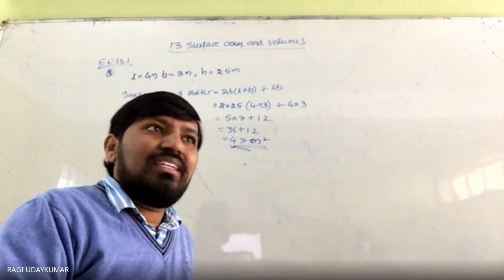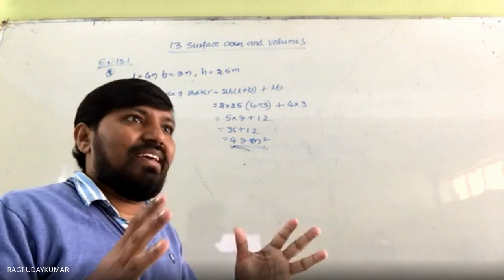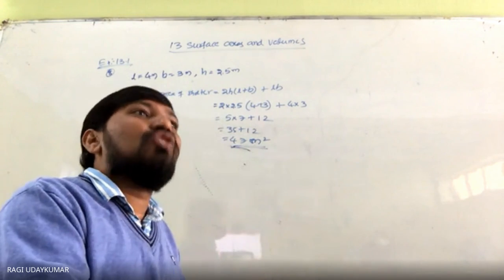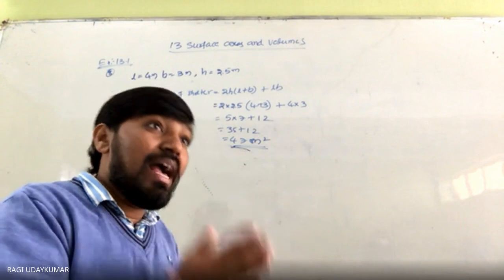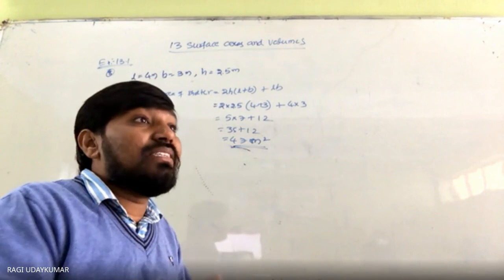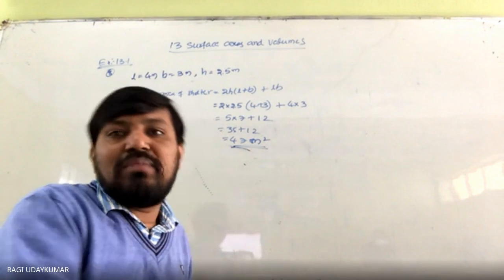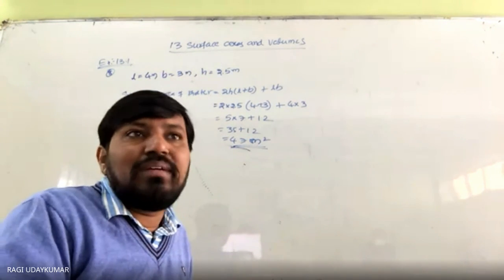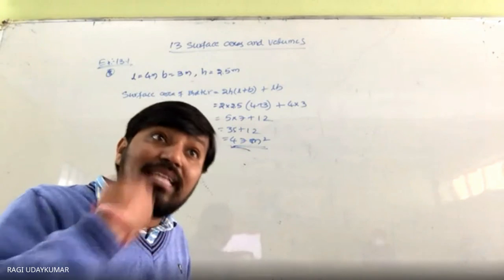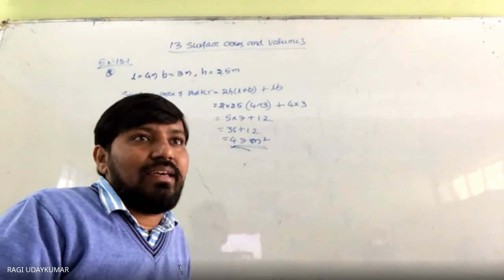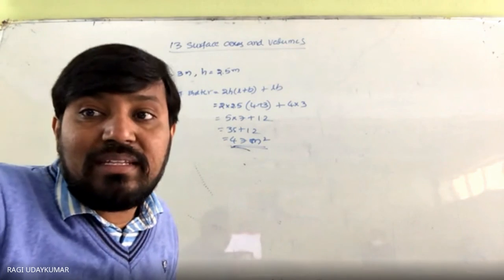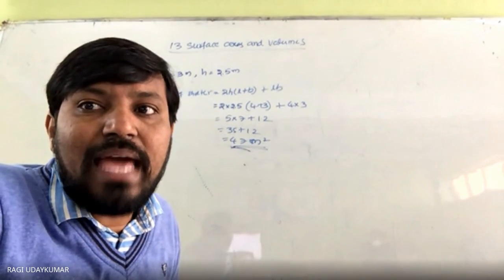Not different, that is very simple here because 2 boxes are there, 250 boxes are there. You have to multiply by 250, add both of them, and the cost is given per 1000 meter square. So when it is given as 4 rupees per 1000 meter square, you divide by 1000 and multiply by 4. So now you complete that seventh problem and tell me the answer. What do you get?